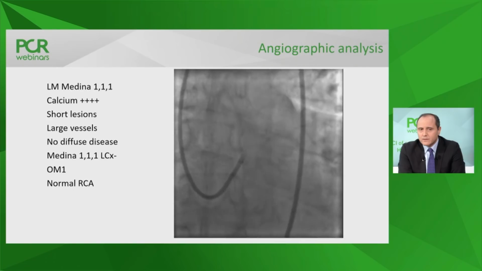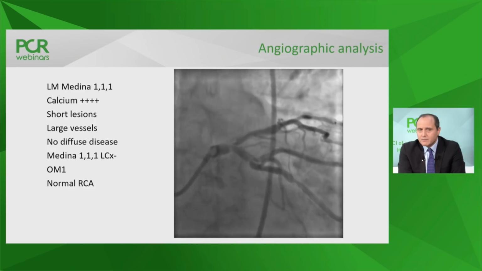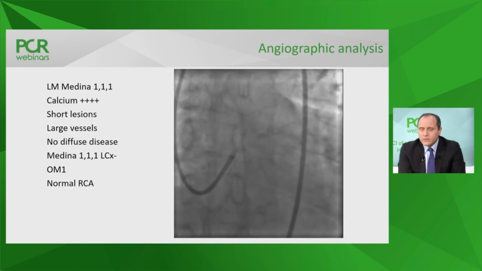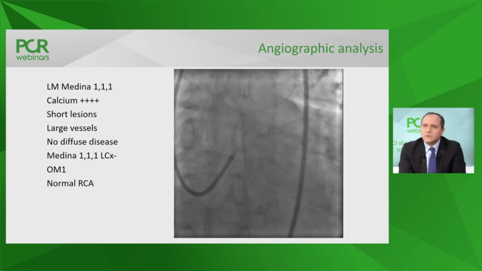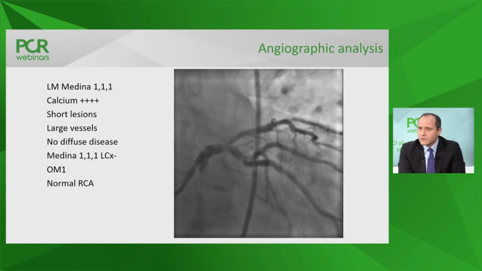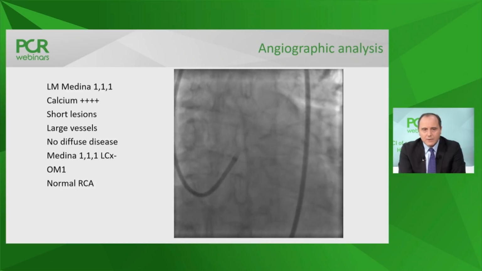Okay. Let's go now back to the angiogram. So we agreed that this is a complex case. We have agreed upon the strategy. We go femoral, 7 French. We take a guiding catheter with good support. I see that you have taken here an extra backup catheter. We agree on 2-wire strategy. I could read between your words that we have a preference for rotational atherectomy in this case, but let's first